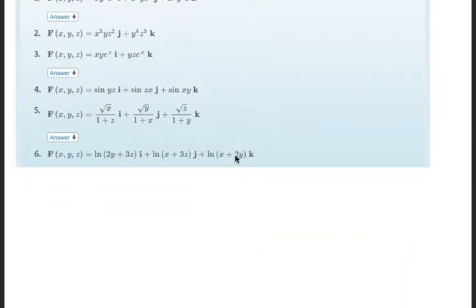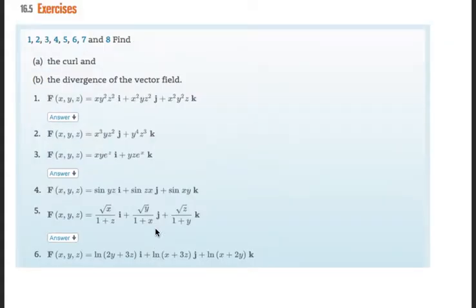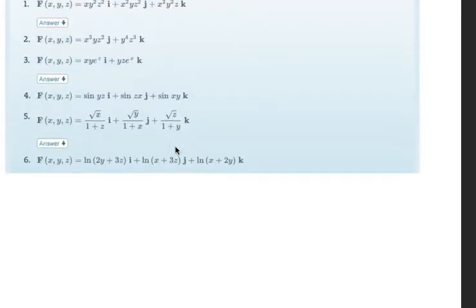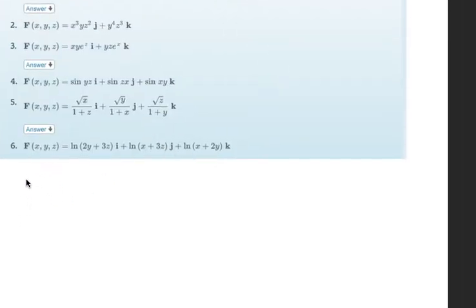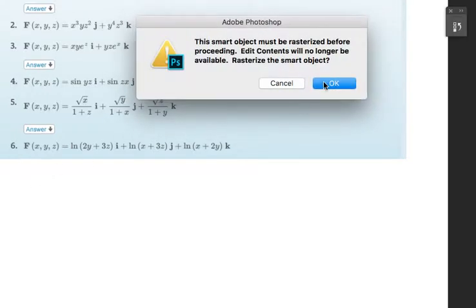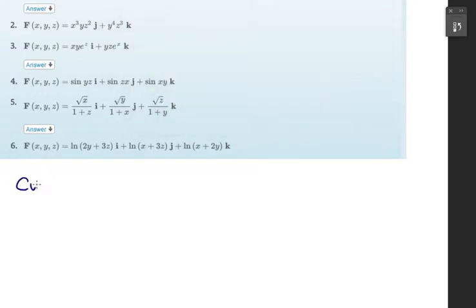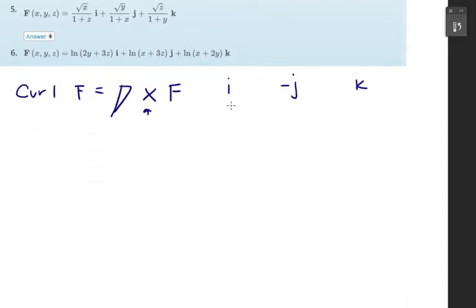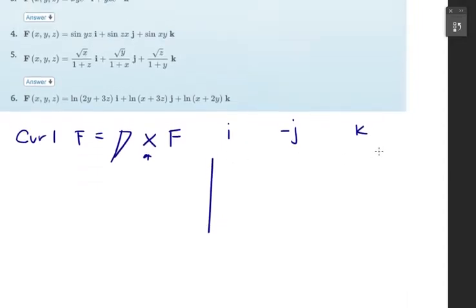We're going to do question number 5, and then it starts with the curl and the divergence of the vector field. So we will need the equation for curl, which is curl F equals del cross F. It's an ugly del, sorry. So this tells us that we'll need to have our setup for doing the cross, and then we will